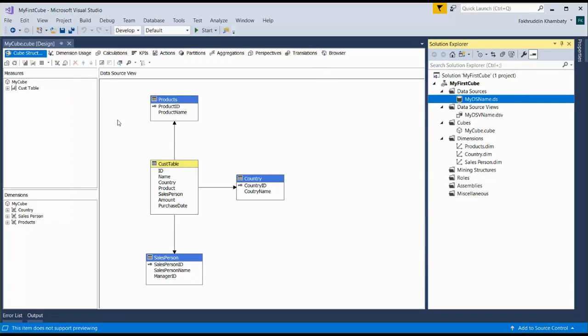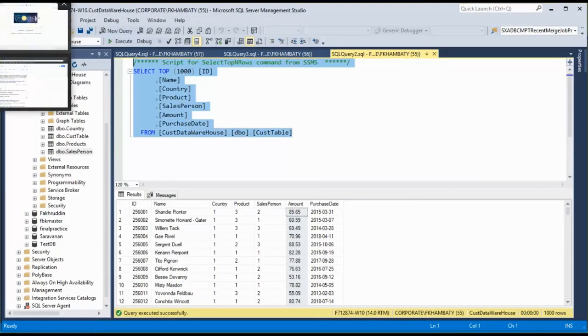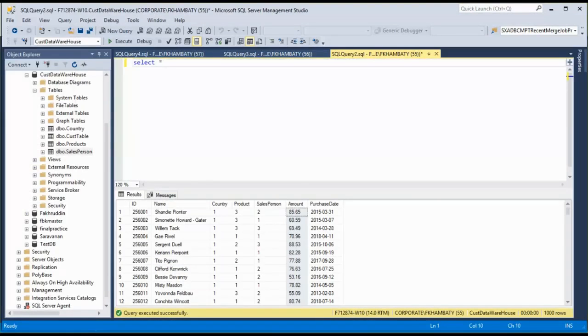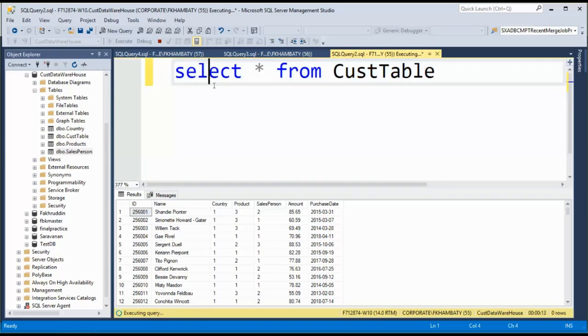And how to view the data in the cube? When we have to view data in SQL, let me switch back to SQL. Let's start from the first table. When I switch over here, I just click on execute, and it's executing it. Yeah, it has a huge amount of data. So when I do this execution over here, I just type in select star from cust table, right? What is this select star from cust table? This is SQL, structured query language.